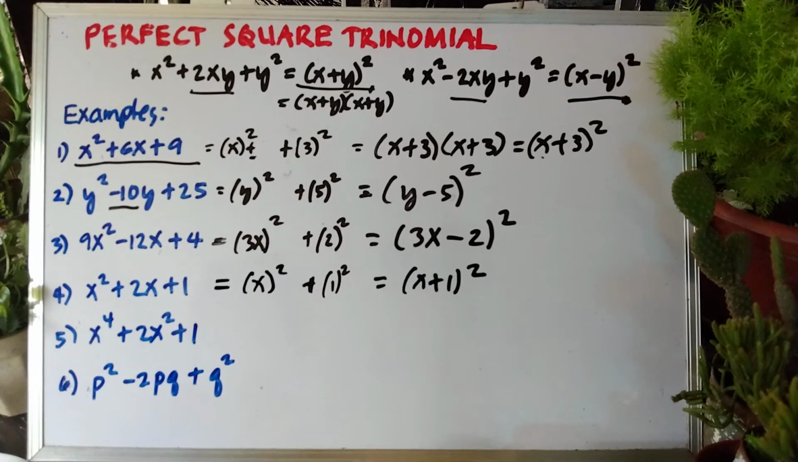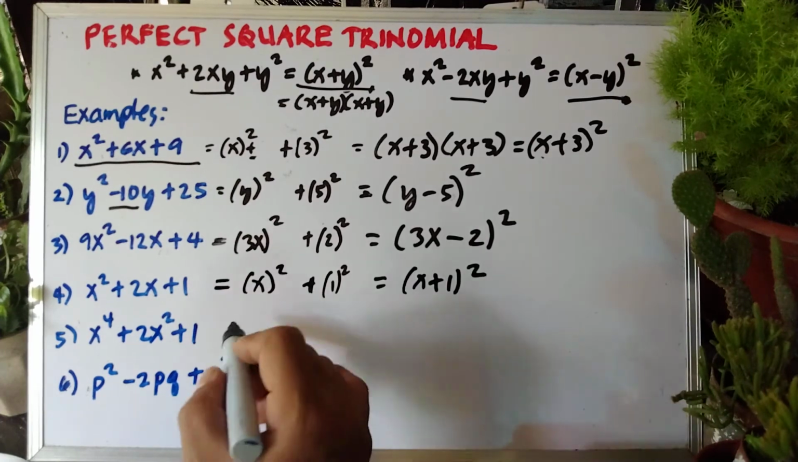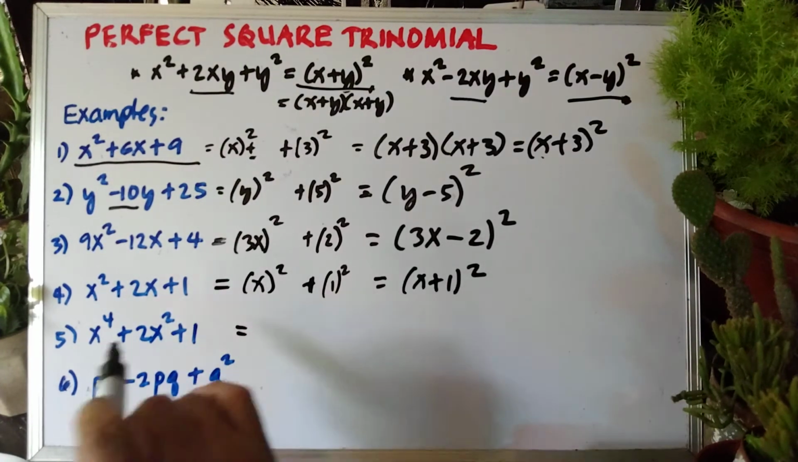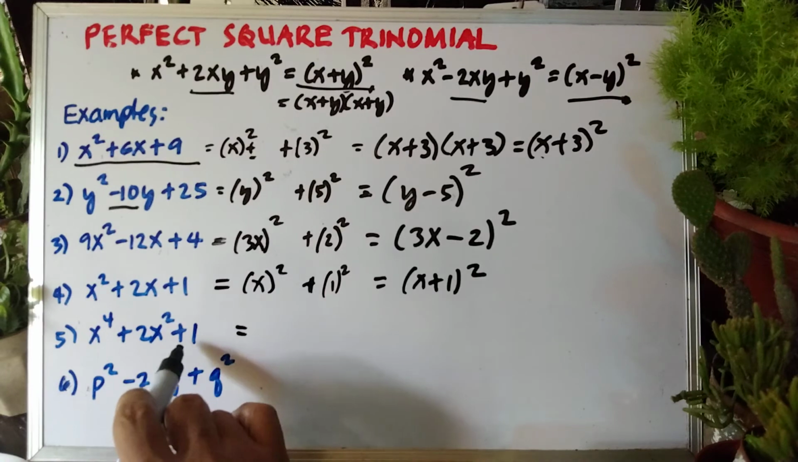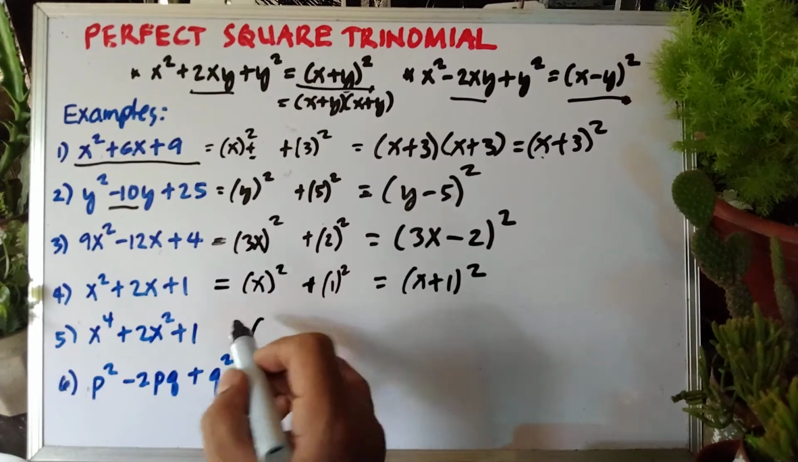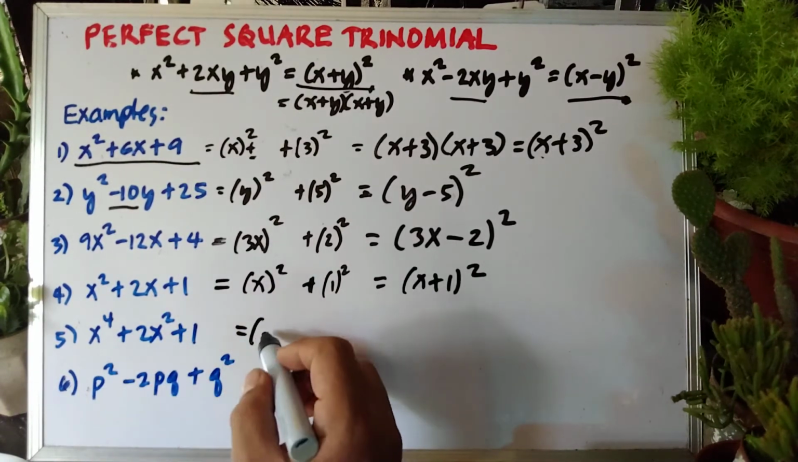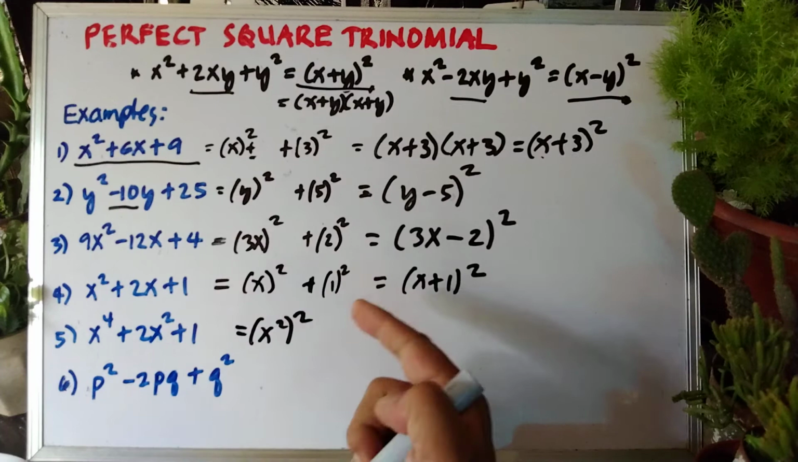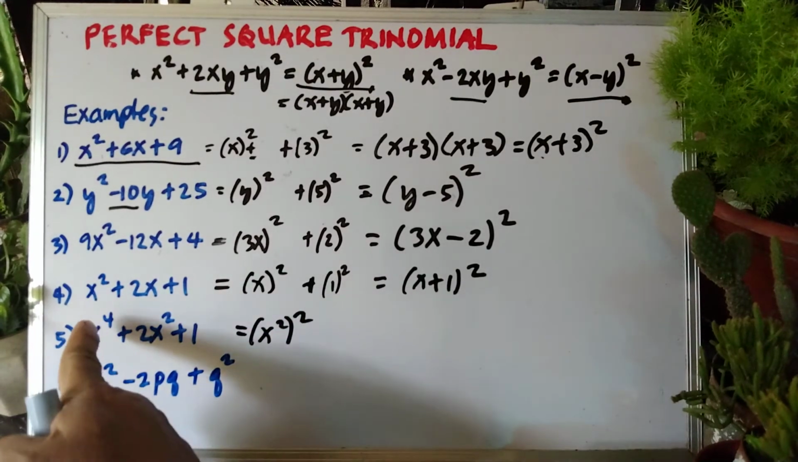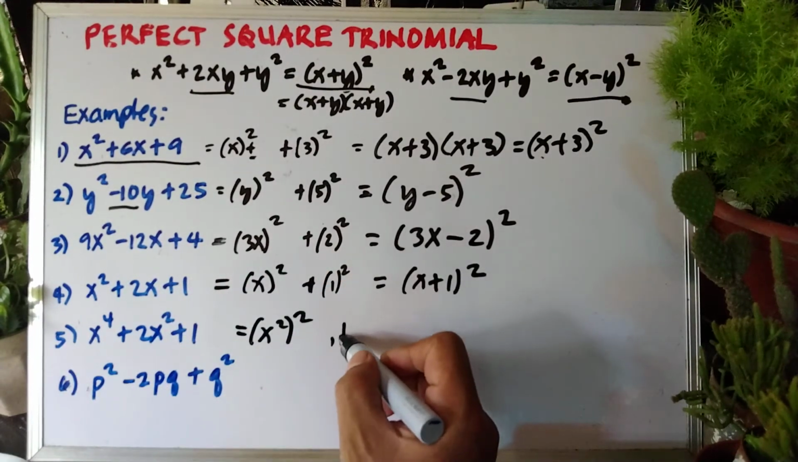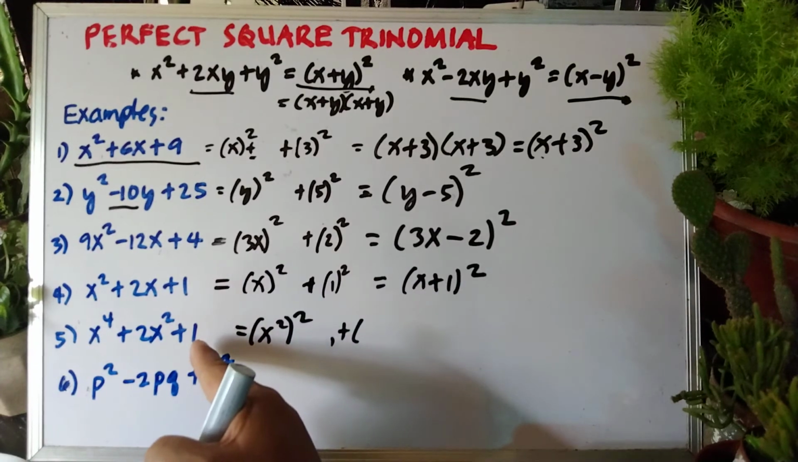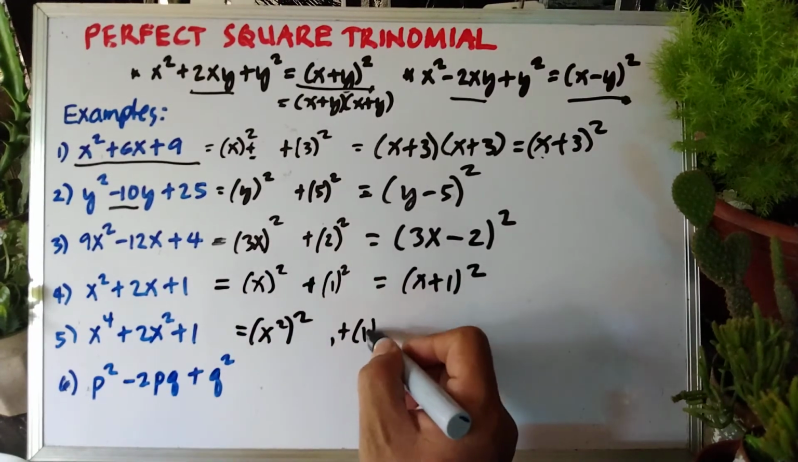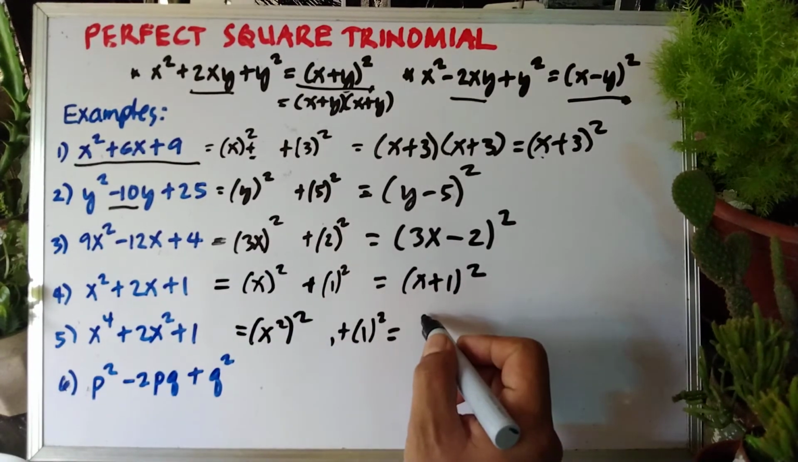Okay? Now, how about number 5? X to the fourth plus 2x squared plus 1. Okay? Get the square root of x to the fourth. Dapat perfect square siya. So, that is equivalent to x squared to the power of 2. Correct? Because 2 times 2 is 4. Now, how about the last term? Square root, we know already that the square root of 1 is 1. So, 1 squared. So, you have